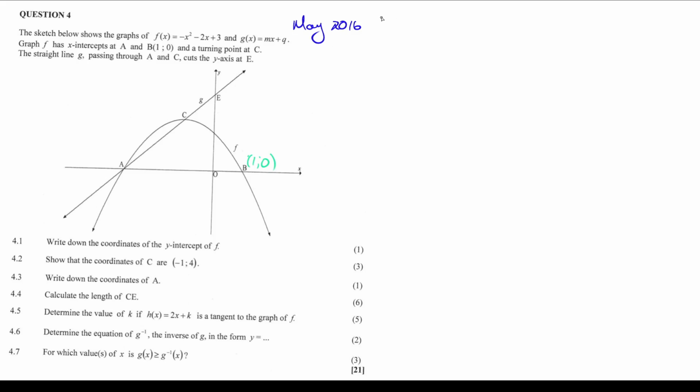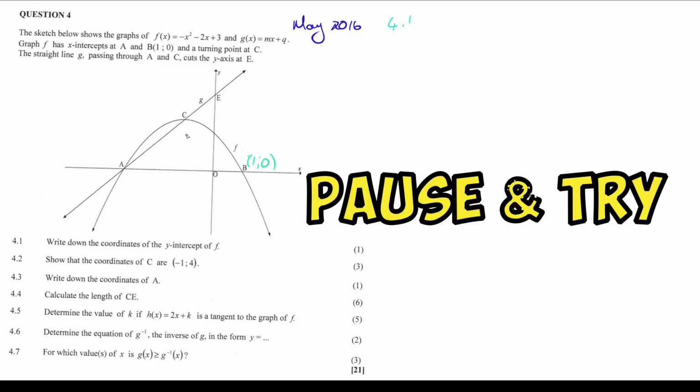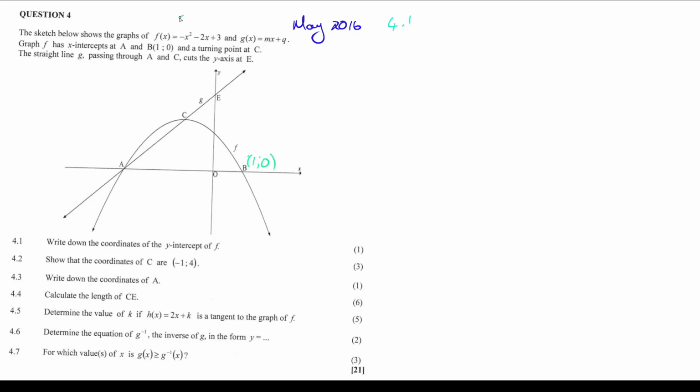Okay, so for 4.1, you can straight up look at your equation and remember that this is ax squared plus bx plus c. We're in that format, so this guy is my y-intercept. So we can straight up just say (0; 3). So let's add that in. That's (0; 3),